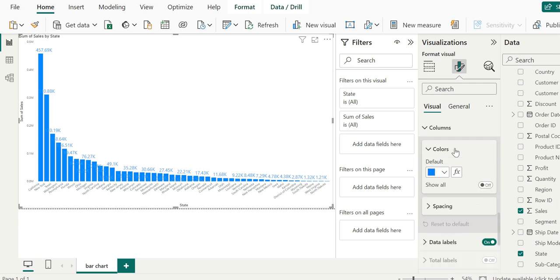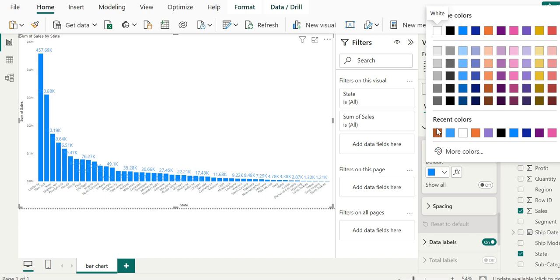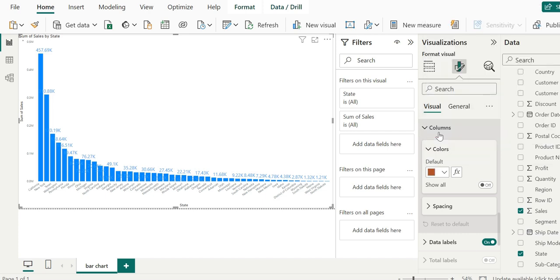You can even upload a plot area background and play with colors. Let's expand the data colors card and pick a different color over there, and we can change the bars of our visual from bright blue to this one.